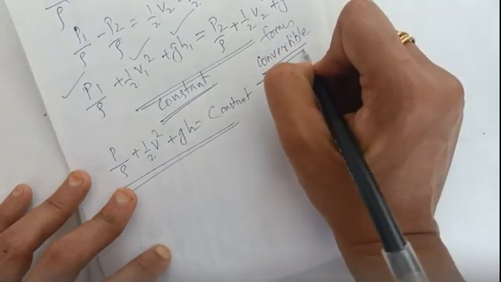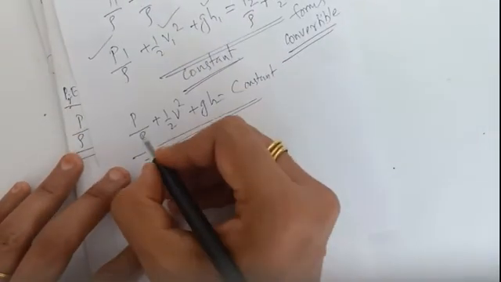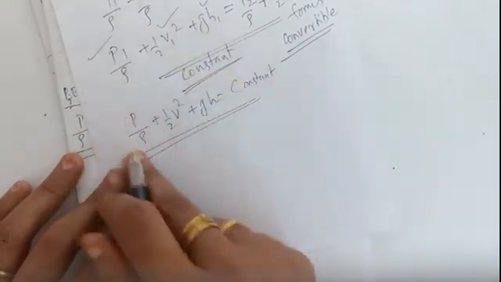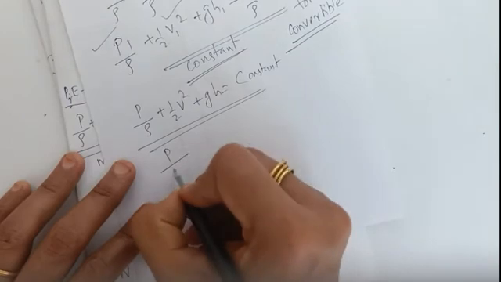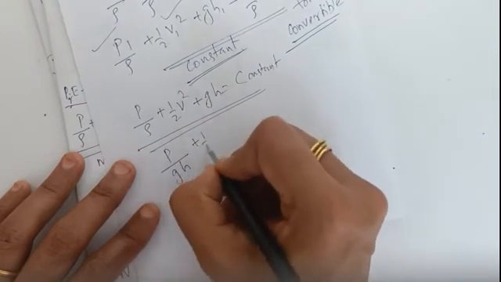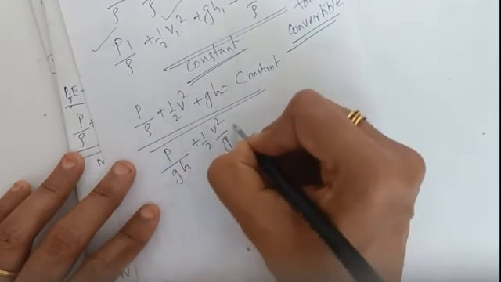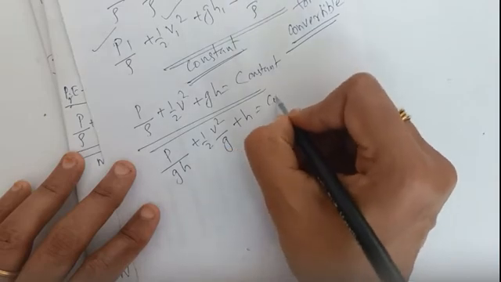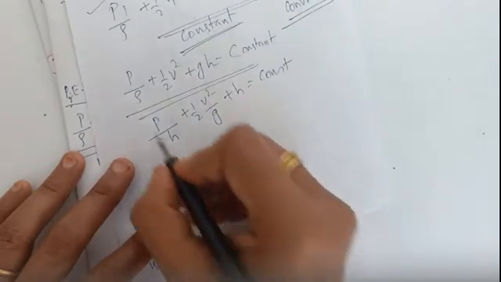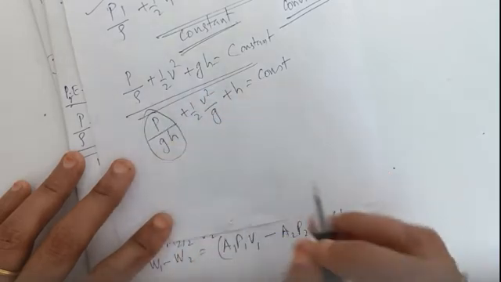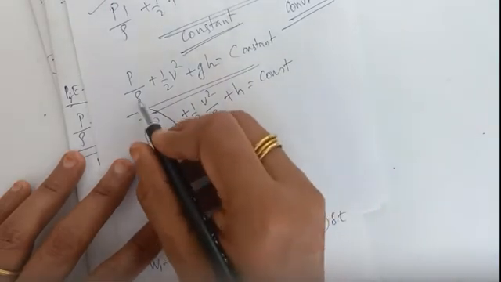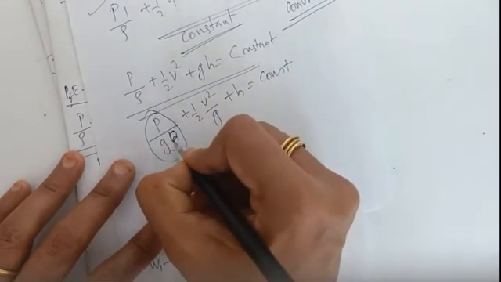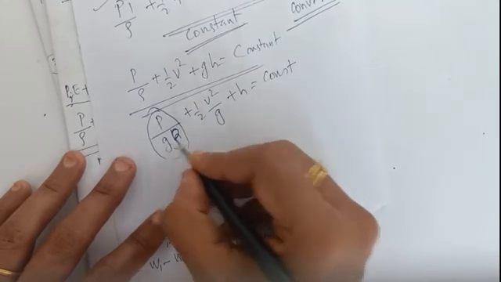Okay. Now we are going to divide this equation by g. That is P by rho g plus half V square by g plus h is equal to a constant. Sorry, this is rho, not h. P by rho g, this term is known as